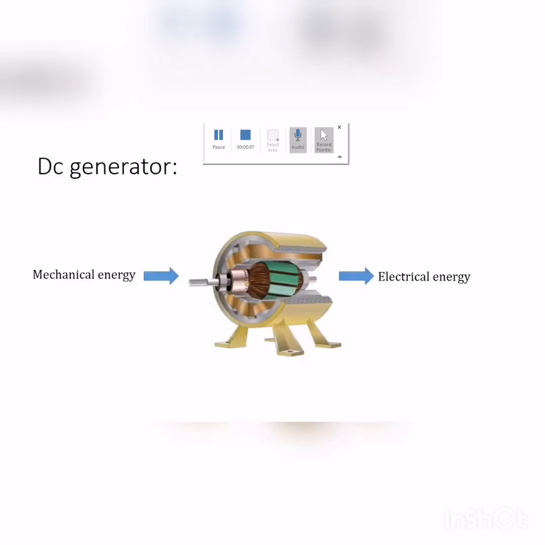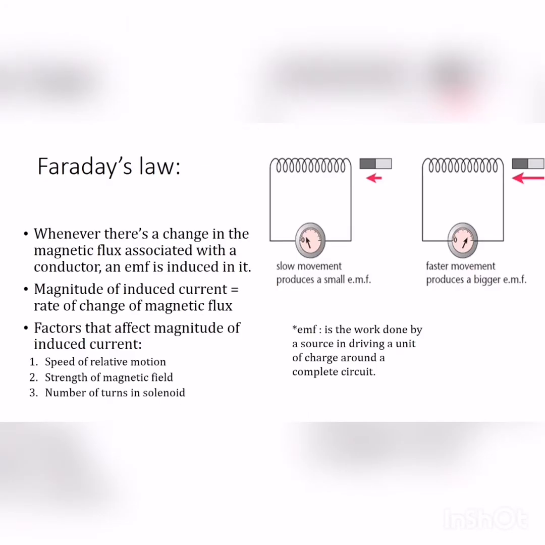Before I start explaining the DC generator, it is an electrical machine which converts mechanical energy into direct current electricity. The working principle of a DC generator can be explained using Faraday's law of electromagnetic induction, which states that whenever there's a change in magnetic flux associated with a conductor, an EMF is induced in it. Hence, this law can be summarized as: the magnitude of induced current is directly proportional to the rate of change